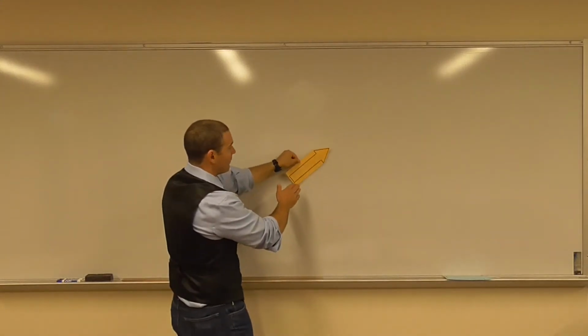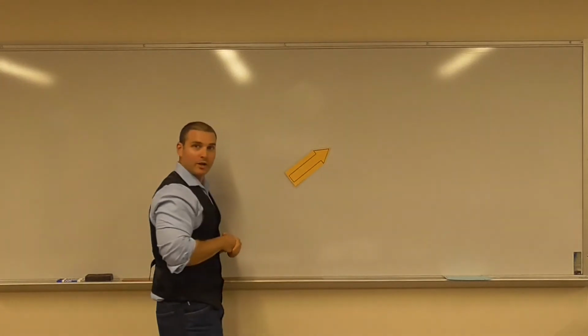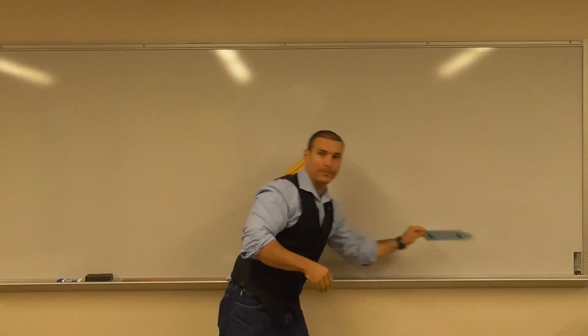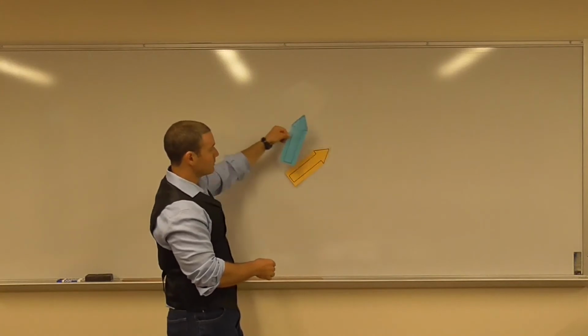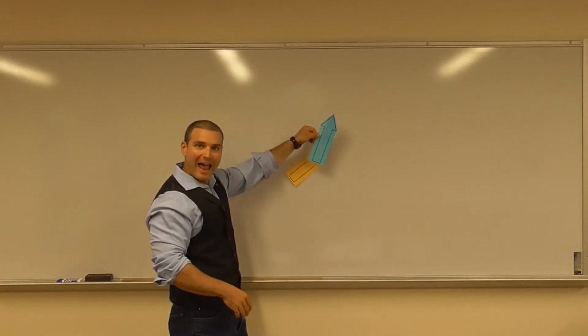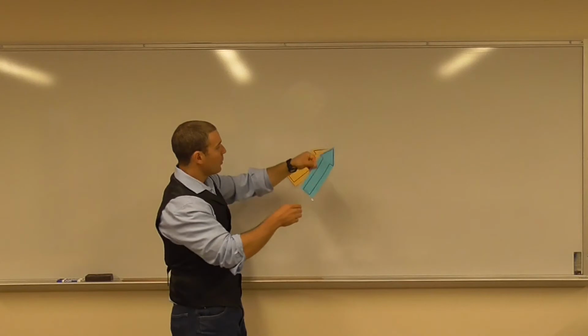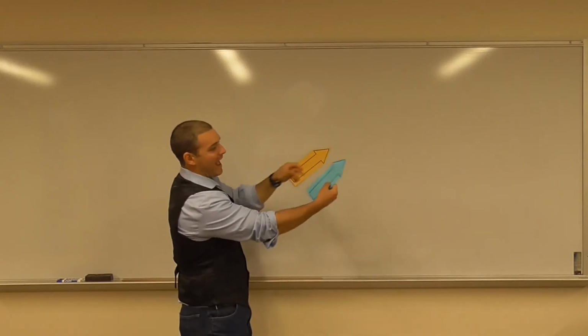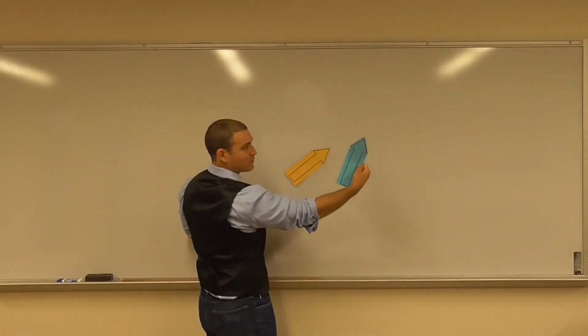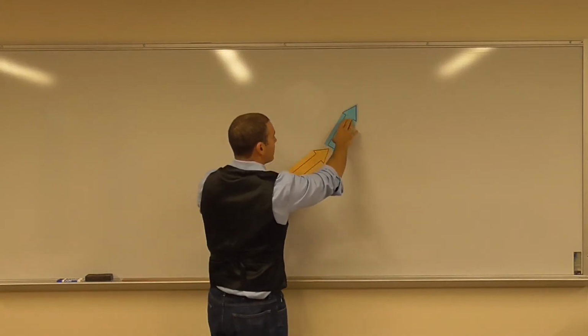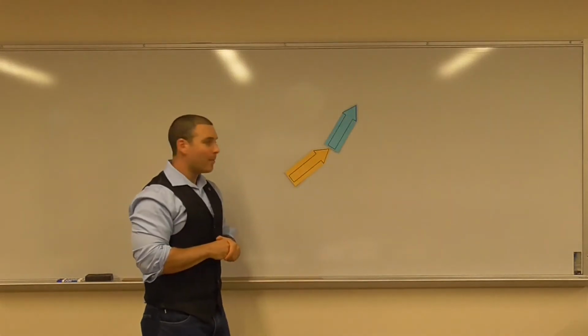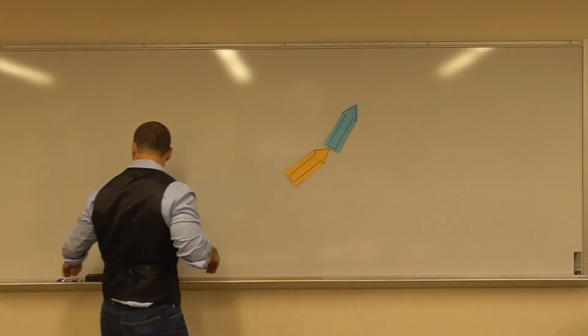Now, when we talk about adding vectors, maybe I have one vector that looks like this, and I want to add it to another vector. So again, this vector is the same, this blue one, as long as I don't change its angle or its length. So we add head to tail. And so if I want to add up these two vectors, let's say this vector looks like this, I would add it head to tail. So I put these two together, and if I wanted to add them up, then what I would do is I would take